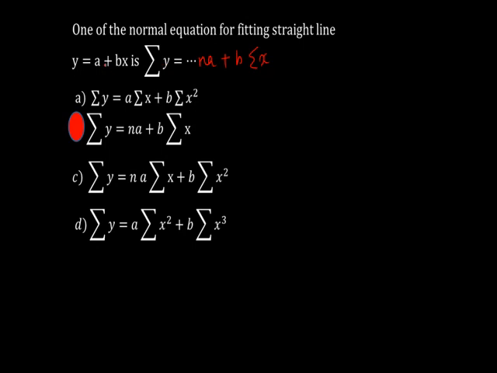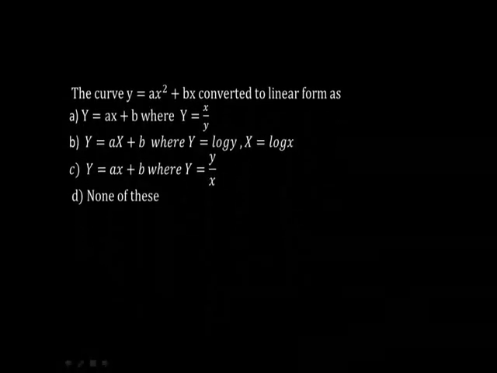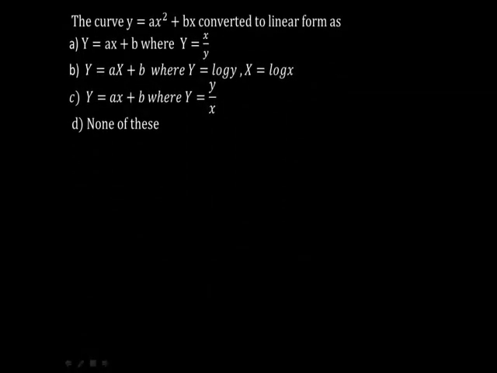Summation of only y is given, meaning no change, so it must be multiplied with the coefficient of a, which is 1. Then just apply your process of obtaining the normal equation. In this way it is done. Very easy, still sometimes people may get confused in selecting the correct answer. Now what's the next one?